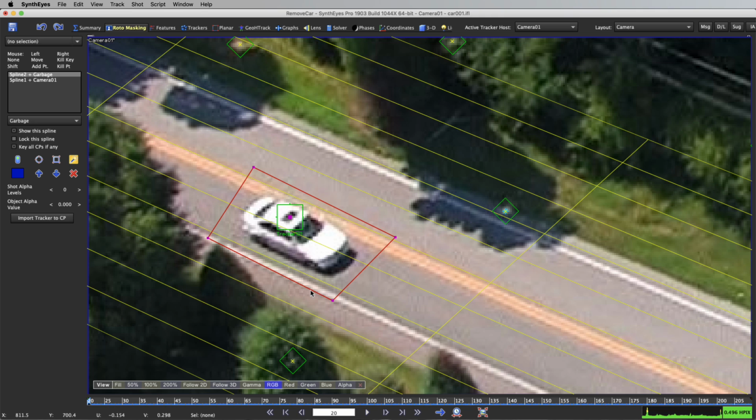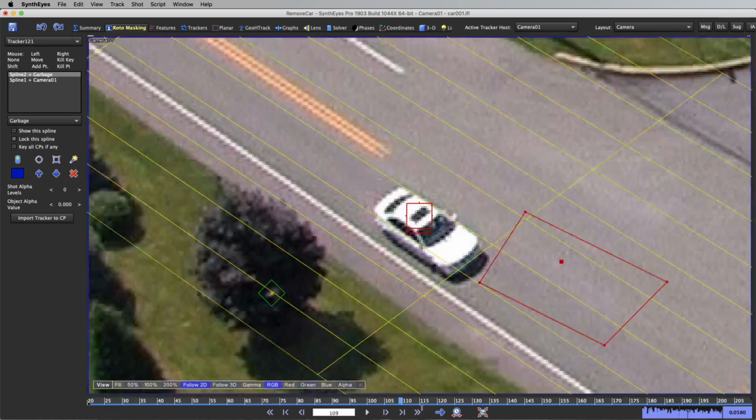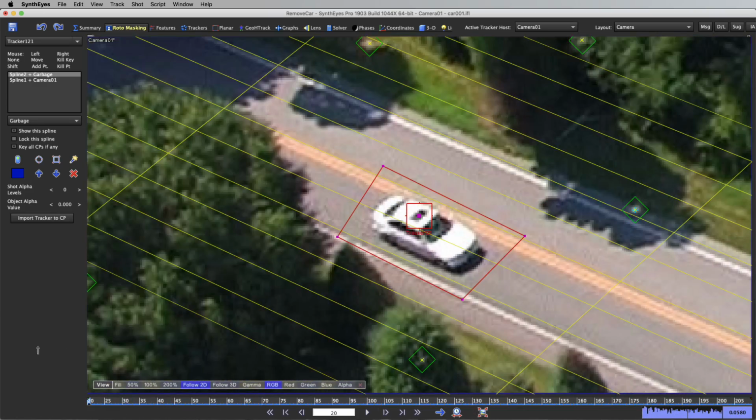So there's our spline. Let's just not do that. Let's hit escape. And now we want to select the tracker. I'm going to hit the 5 key to get pan to follow just so we can see this through the whole shot. And, you know, it goes wandering off. So the thing that I'm going to do, I've got the tracker selected, and I'm going to collect this import tracker to control point. And I'm going to click on that car's,